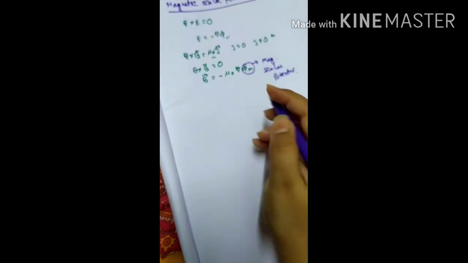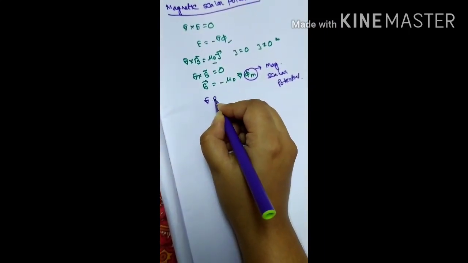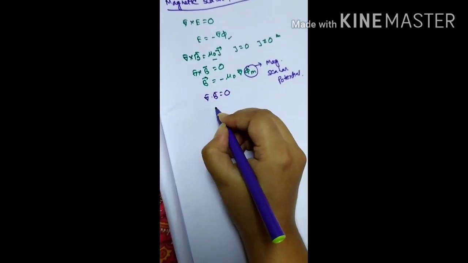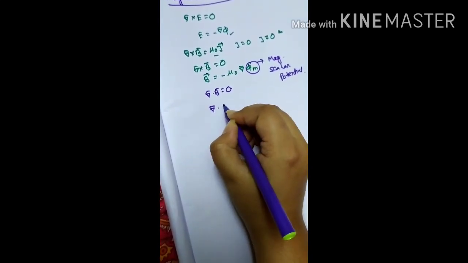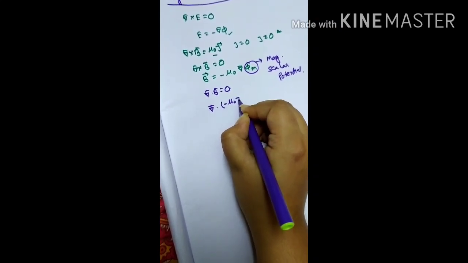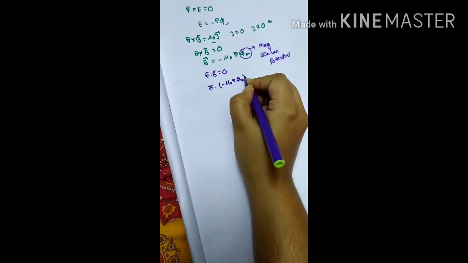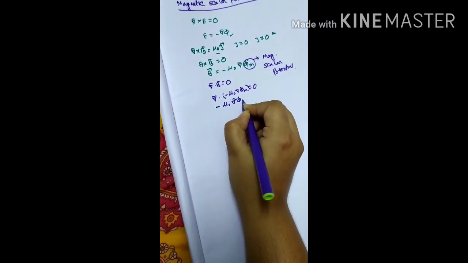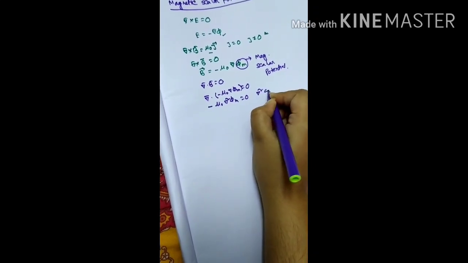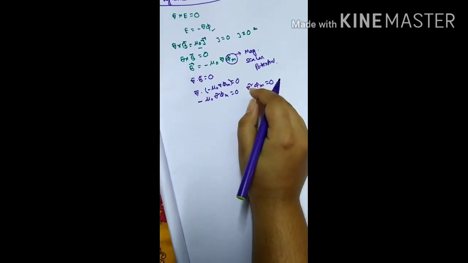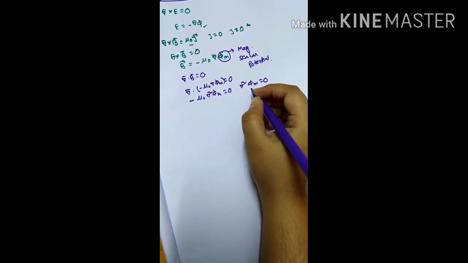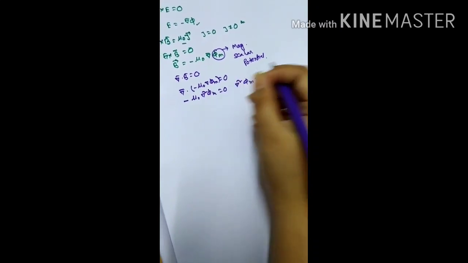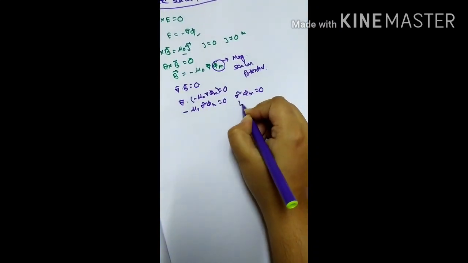Okay, and we know that divergence of B equals 0; it is always true. So if we apply it here, we get divergence of minus mu 0 grad of phi m equals 0. Then mu 0 grad square phi m equals 0, so grad square phi m equals 0. So this is our Laplace equation. So the magnetic scalar potential always satisfies the Laplace equation.